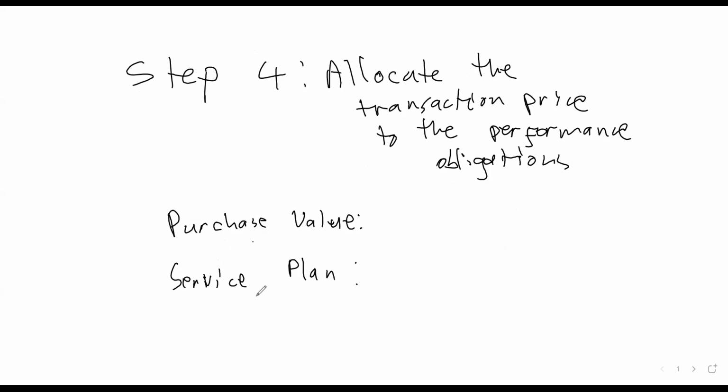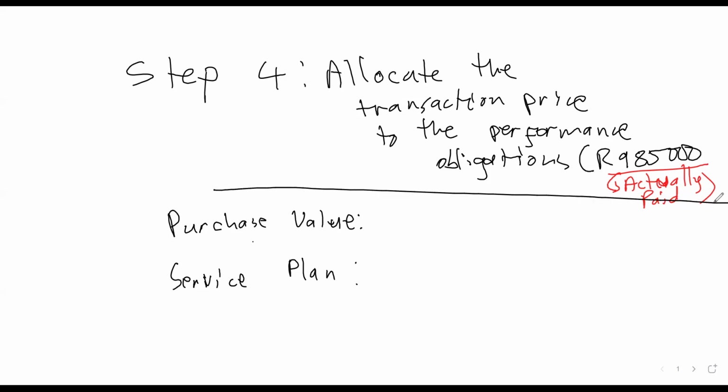So it follows that the purchase value and the service plan, I'm supposed to show pertinent to the transaction price in question, is supposed to be the 985,000 rands. Why I'm saying so is because that is the amount which was agreed upon, actually paid. This was the amount which was actually paid, the 985,000. So we need to divide that amount between the purchase value and the service plan in this case. So how do we do it? Whatever we're going to show, Mr. Brandon,